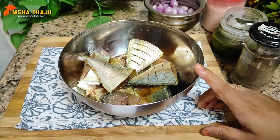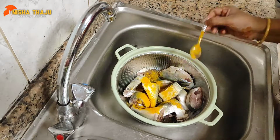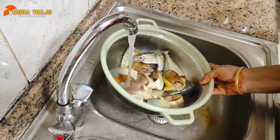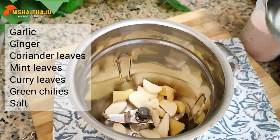So here I have taken 1.5 kg of bangda, also known as mackerel. After cleaning, wash them with turmeric and salt. Just apply, leave it for some time and then rinse thoroughly. Turmeric has natural antibiotic properties and also helps in removing odor. Now allow water to drain and we move ahead and firstly prepare the hara masala, which will make the dish